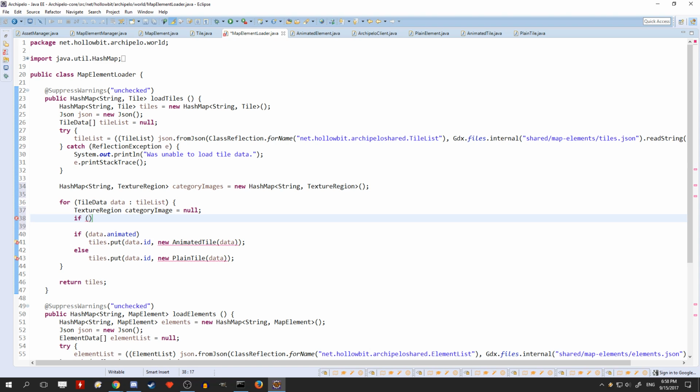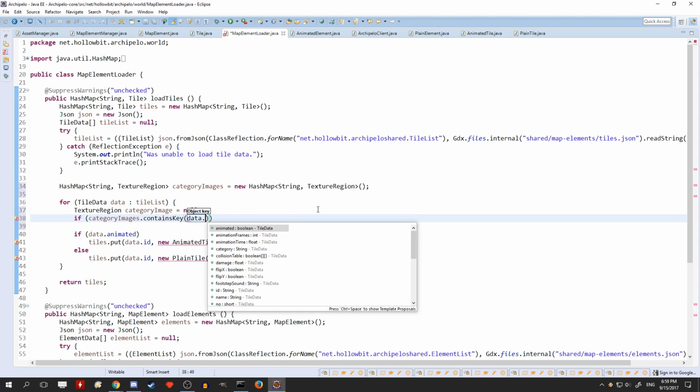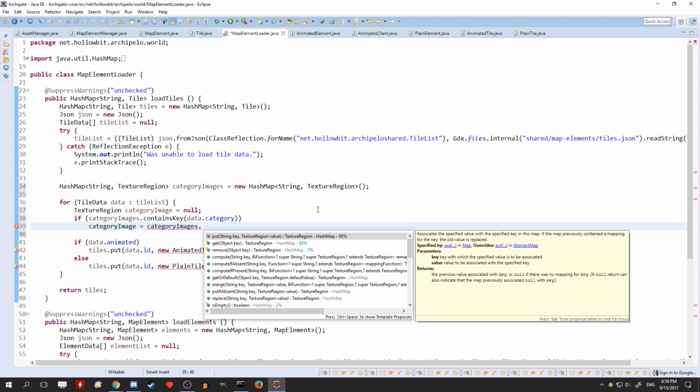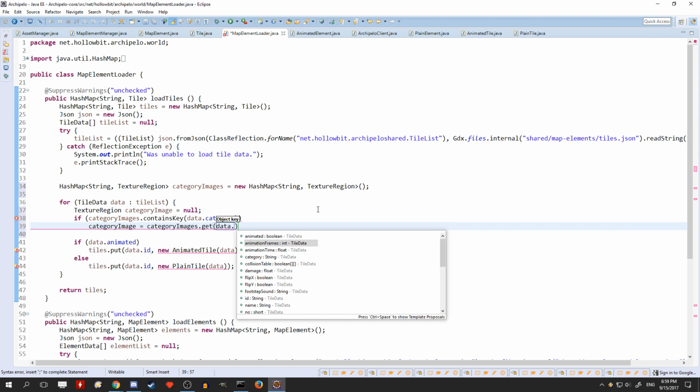So if category images dot contains key, data dot category, category image is equal to category images dot get data dot category. Actually,